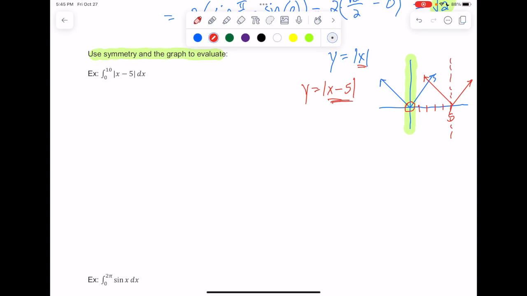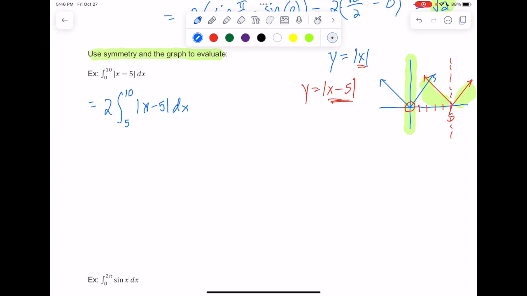So if we tried to find the area under the left-hand side from 0 to 10, and I'll just highlight a little part of it right here, and then area on the right, they would be the same. So we could just do a doubling. So what I'm going to do here is say this is 2 times the integral from 5 to 10 of the absolute value of x minus 5 with respect to x. So I guess I could do the integral from 0 to 5 instead and still double it because the area on the left and right hand side of the axis of symmetry is the same. So as long as we're splitting it in half, we could do either one.